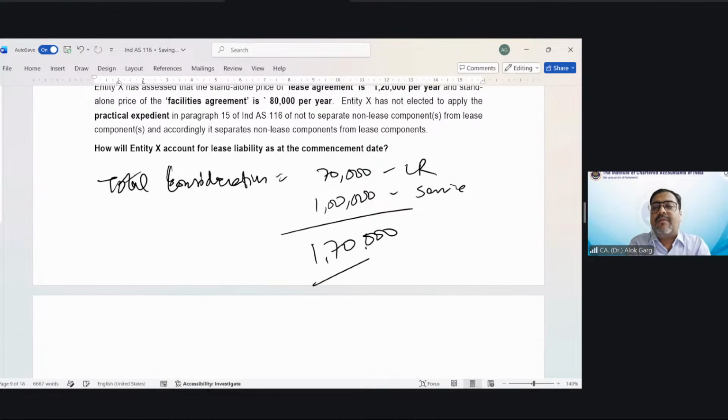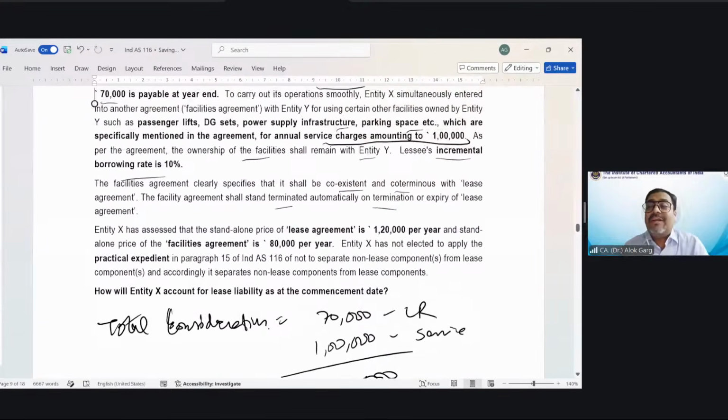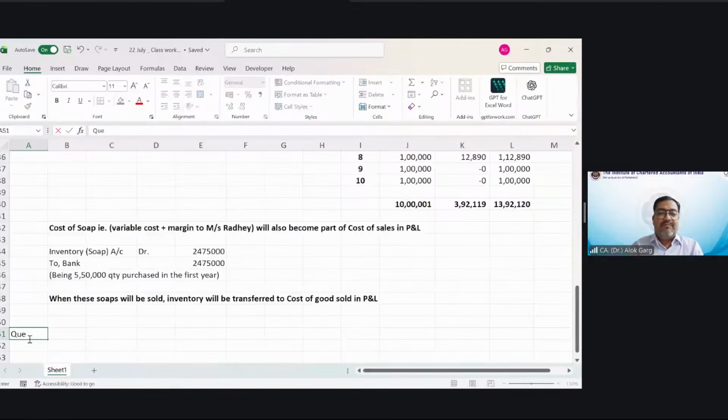1,70,000 is the total amount the lessee is paying to the lessor. So whatever is the total consideration the lessee is paying to the lessor, it has to be allocated in the ratio of the standalone selling price, in the ratio of the fair value of those lease and non-lease components, right? So my dear friends, question number 4